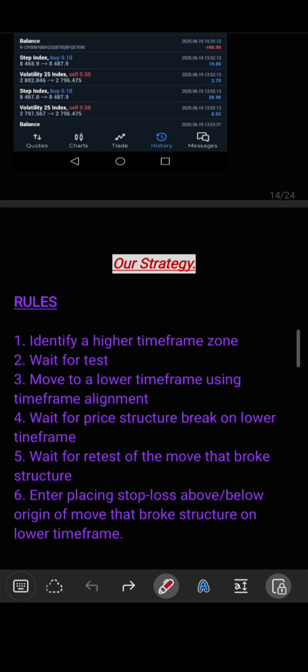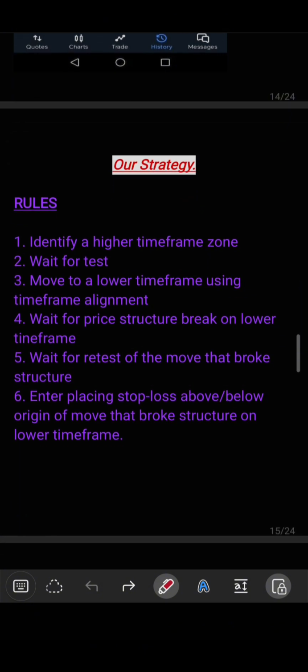So here is our strategy and it goes as follows. So here are the rules of our strategy, right? Number 1 is identify a high time frame zone. Number 2, wait for a test. Number 3, move to a lower time frame using time frame alignment. Number 4, wait for price structure break on lower time frame. Number 5, wait for retest of the move that broke structure. Number 6, enter placing stop loss below or above origin of move that broke structure on the lower time frame, aka our entry time frame, right? Those are the rules that we follow. This is the same strategy that we use with the team, and it's the same strategy that I've been using for the past years,